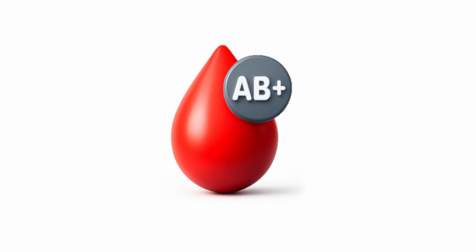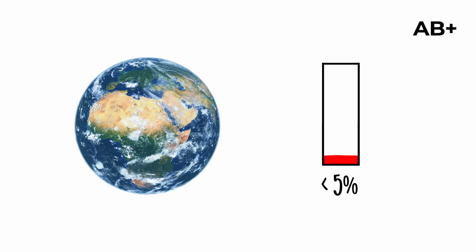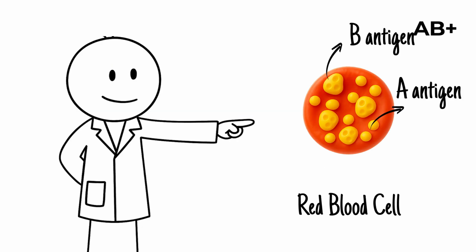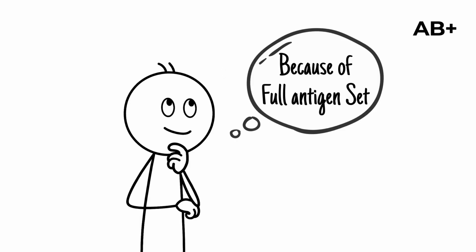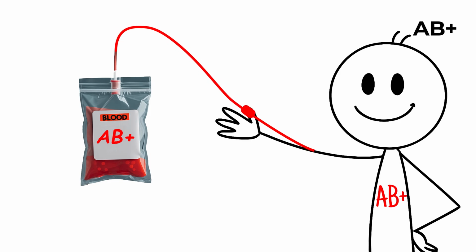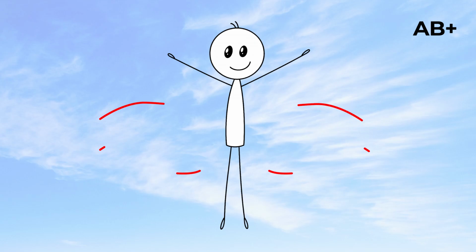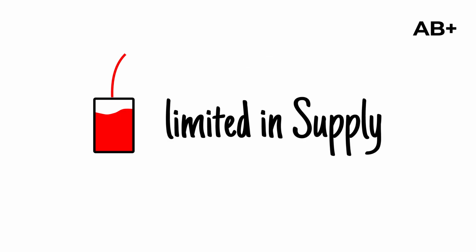AB positive. AB positive is the rarest of the major positive blood types, carried by less than 5% of the global population. Its defining trait is the presence of both A and B antigens on red blood cells, along with the RhD factor. Because of this full antigen set, AB-positive individuals can receive red blood cells from any donor, A, B, AB, or O, whether the donor is positive or negative. This makes AB positive the universal recipient in transfusion medicine, a unique advantage when blood supplies are limited or emergencies